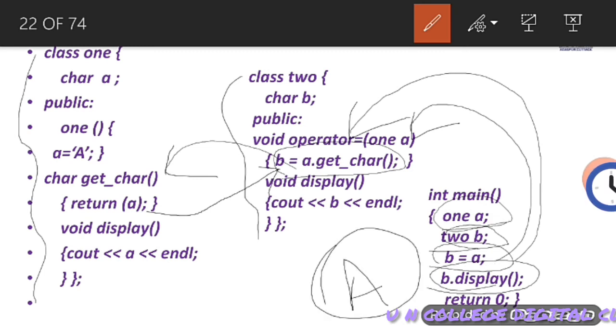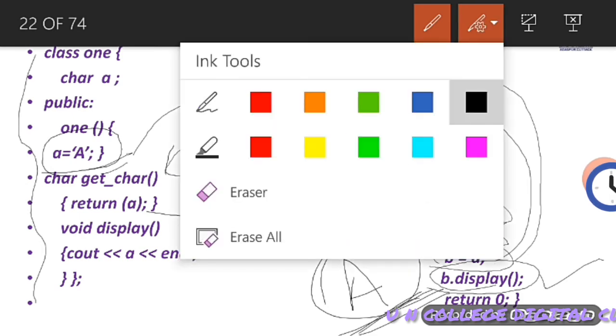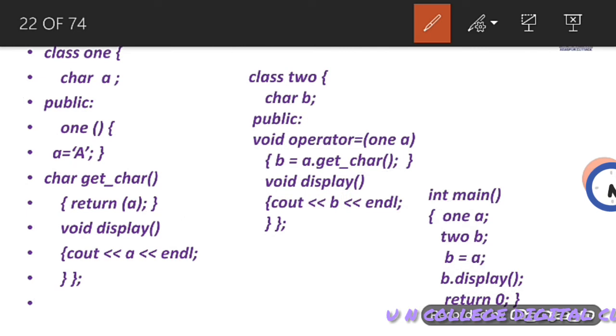Here you can see that we have used the statement a equal to capital A inside the single quote. So this particular value is transferred and stored at b, and we will get the output when we are calling b dot display, we will get the output a. In this way typecasting is performed.